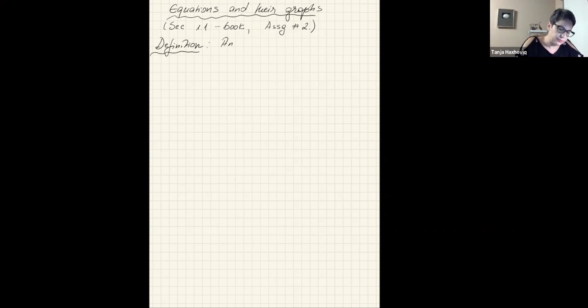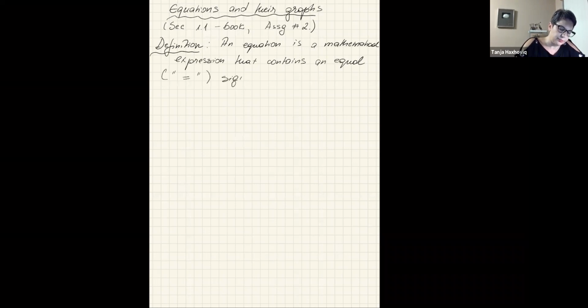So an equation is a mathematical expression that contains an equal sign. All right, so here are some examples